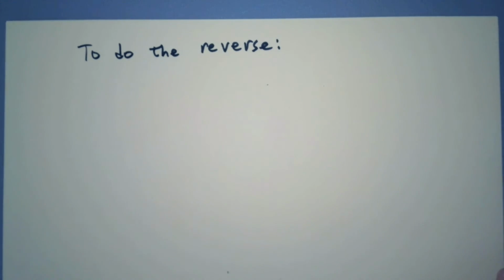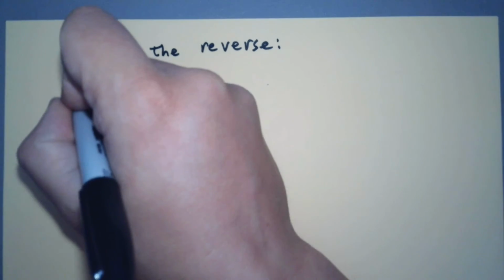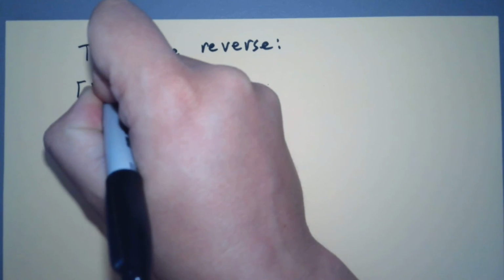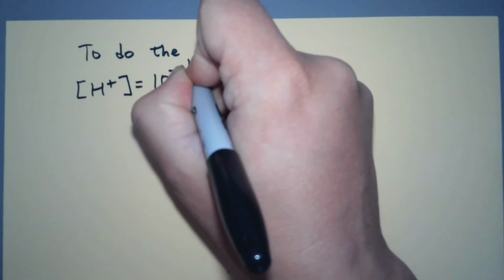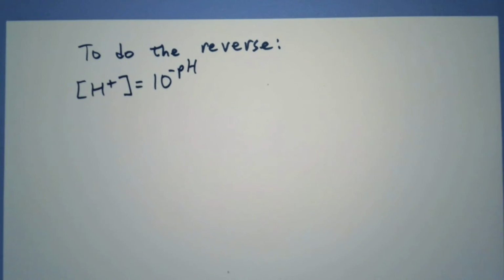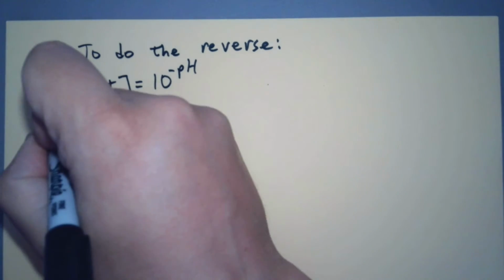Use an exponent. So that means that the concentration of H plus is equal to 10 to the minus pH. All that build-up, and it's just that. Okay, so this is 10 to the power of the pH, not 10 times pH, and it's negative, by the way. So for example,